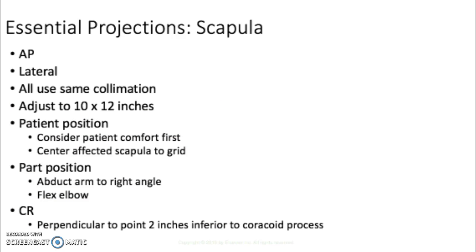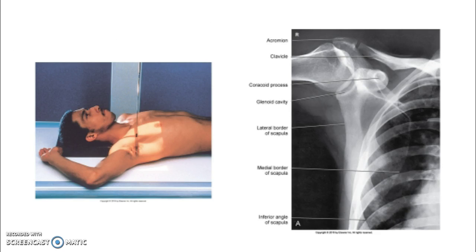And for the scapula projections, you're going to do an AP and a lateral. Use the same collimation as far as the shoulder. The lateral view, of course, you're going to probably do lengthwise image receptor so that you can include the whole scapula. This is what your position is going to look like. A lot of times you'll see patients with their hand on their forehead too, the back of their hand on their forehead, like a salute or maybe a drama queen, depending on your patient and their attitude.